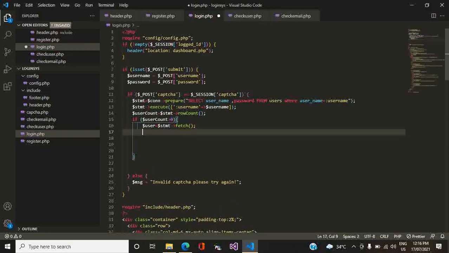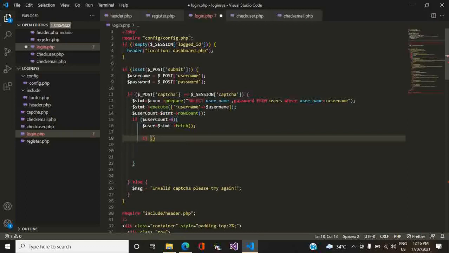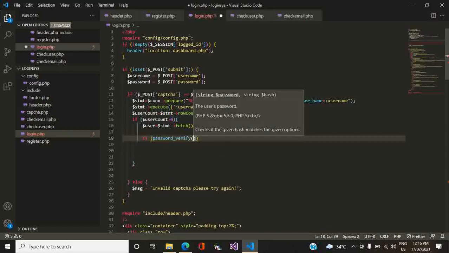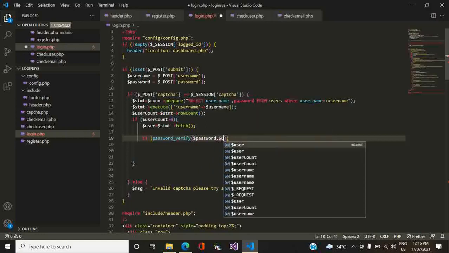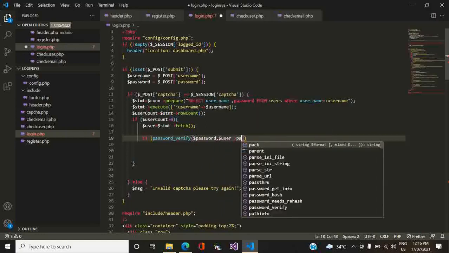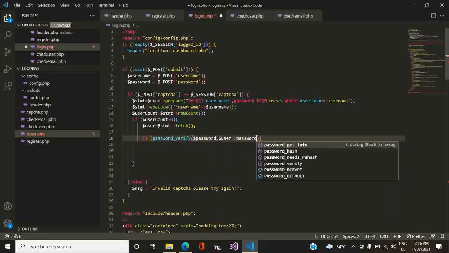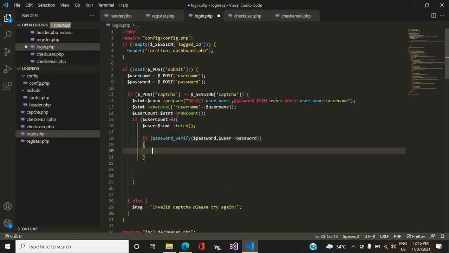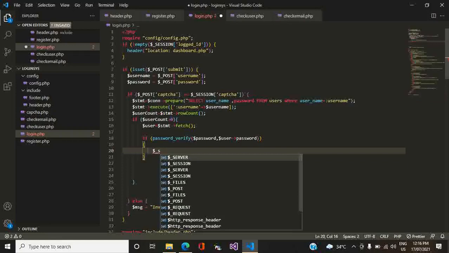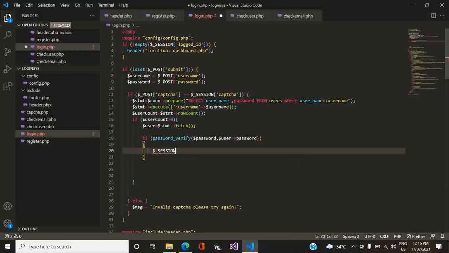Now here we verify the password. Password verify, here password, user password. Here session logged in through.